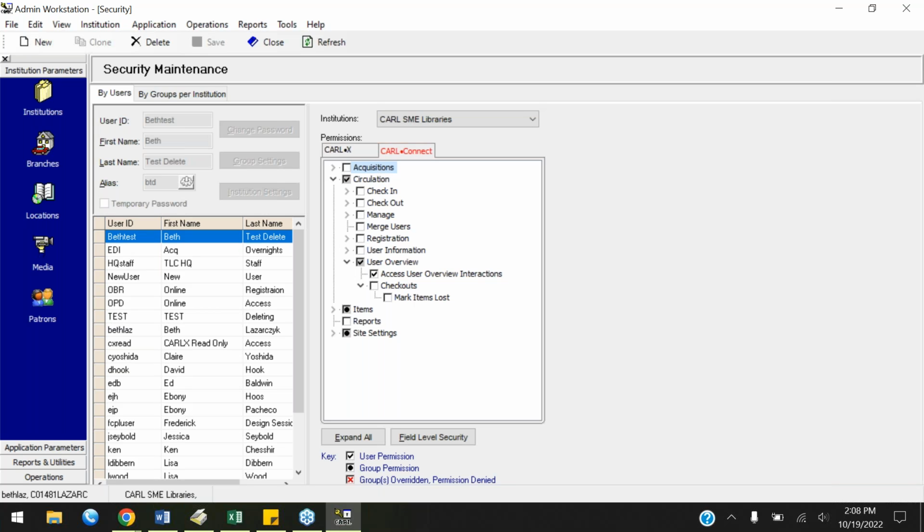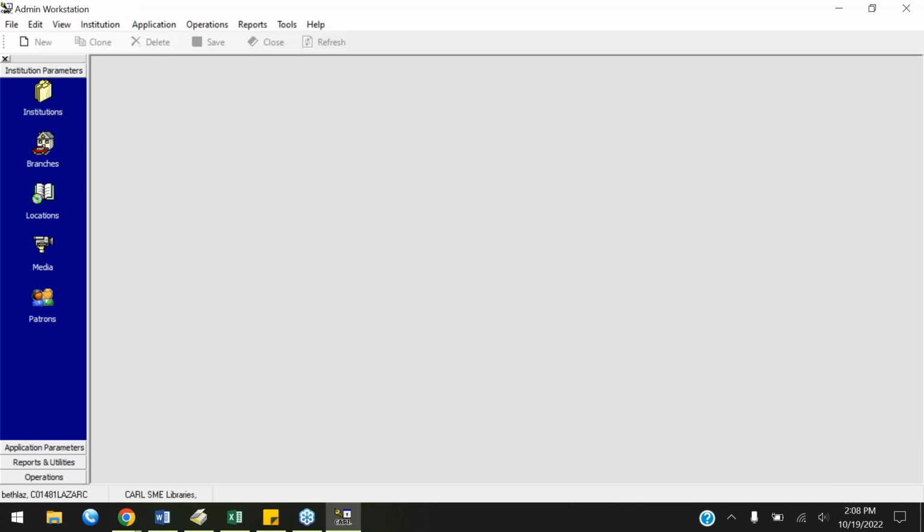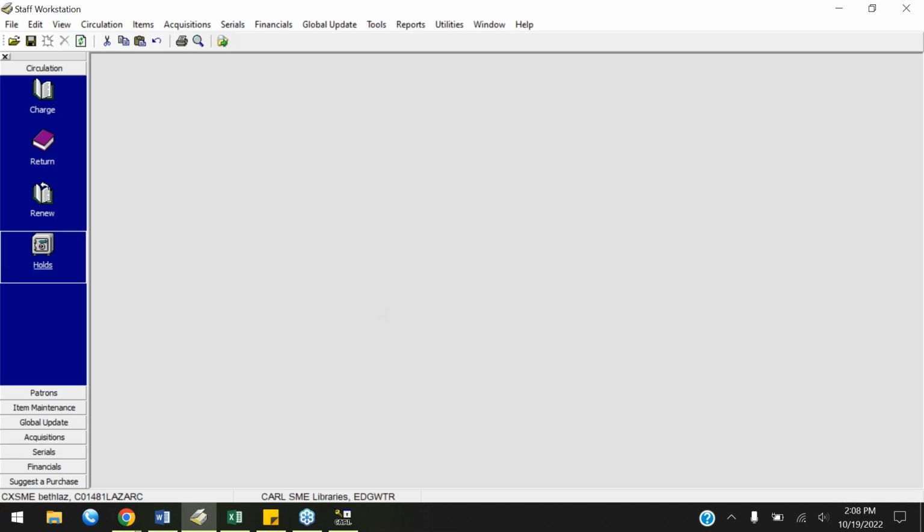This will make more sense when Jessica walks you through the interactions in Carl Connect staff, but I did want to share that we do have permissions in CarlX admin to determine which users or groups of users can access this new functionality as we continue to offer that granularity within our security that our customers really value. And with that, I will head over to CarlX staff to talk about a few new features and